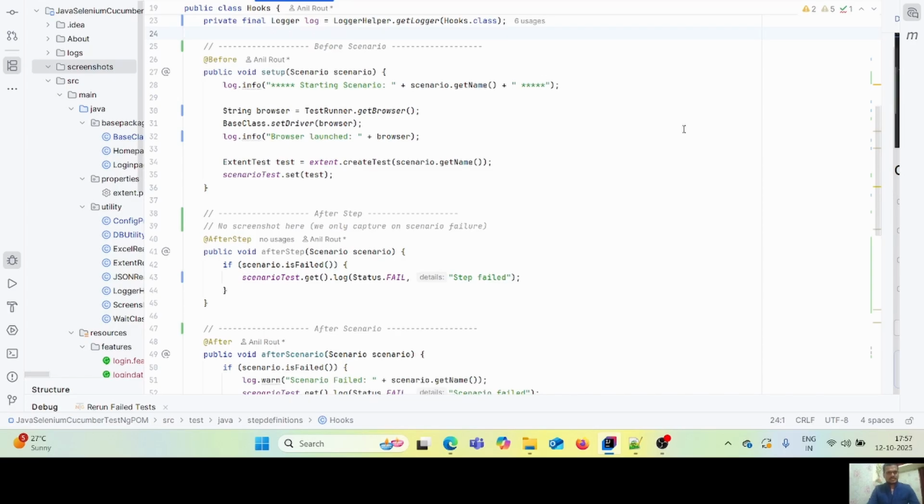If you see @Before, it will be like this: public void setup(Scenario scenario), then log.info("Starting scenario: " + scenario.getName()); String browser = TestRunner.getBrowser(); BaseClass.setDriver(browser); log.info("Browser launched: " + browser); extentTest = extent.createTest(scenario.getName()); scenarioTest.set(extentTest);